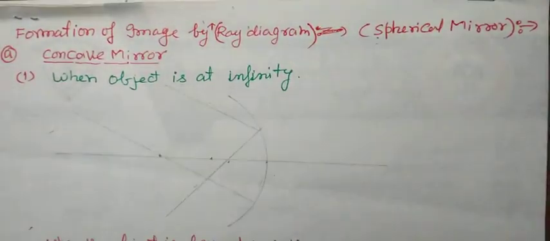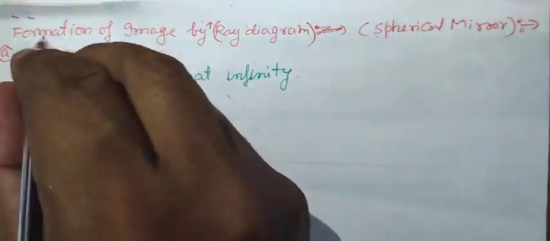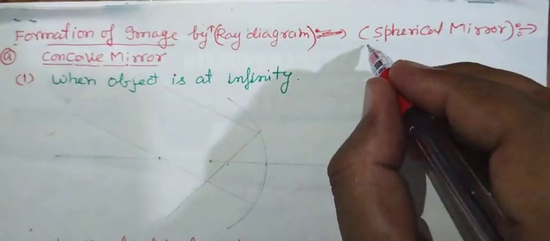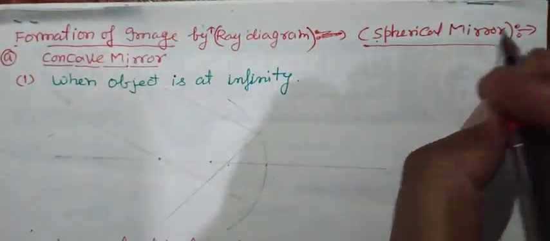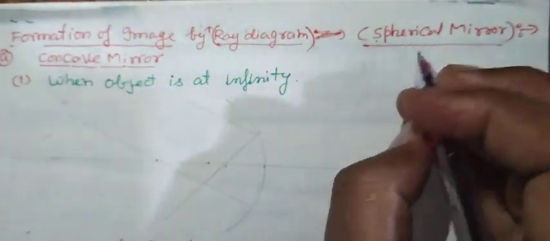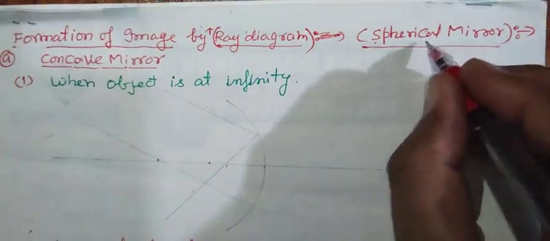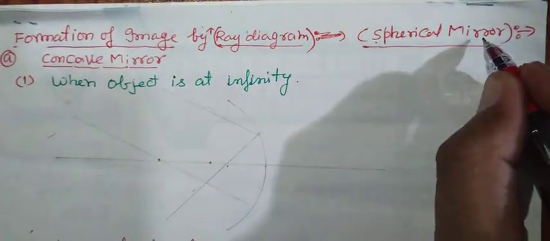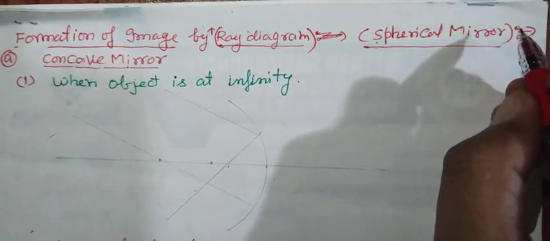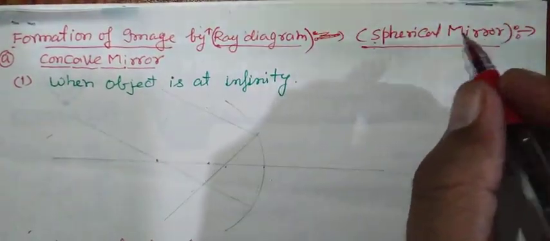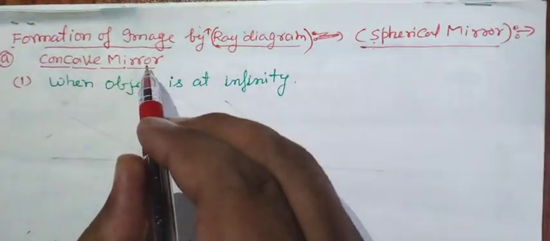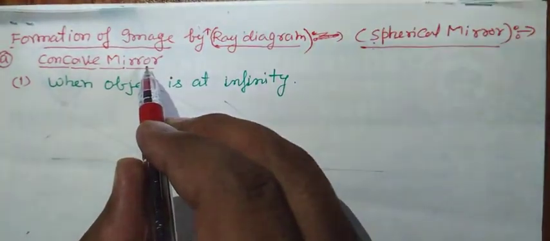Hello everyone, we are going to see formation of image by spherical mirror. This image we will make by ray diagram. Since we know that there are two types of spherical mirror, one is a concave mirror and another is a convex mirror. So first of all we are going to see the formation of images of an object by